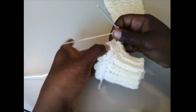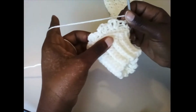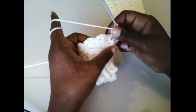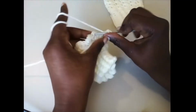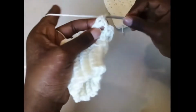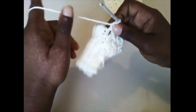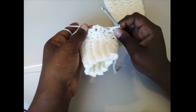So you just find where you did your chain 2. So you're only going to be working into the chain 2 at the top of your shell stitches. Okay, and doing the same repeat, which is 2 double crochets, chain 2, and 1 single crochet. Okay, once again, your repeat is into the chain 2 of the previous row,